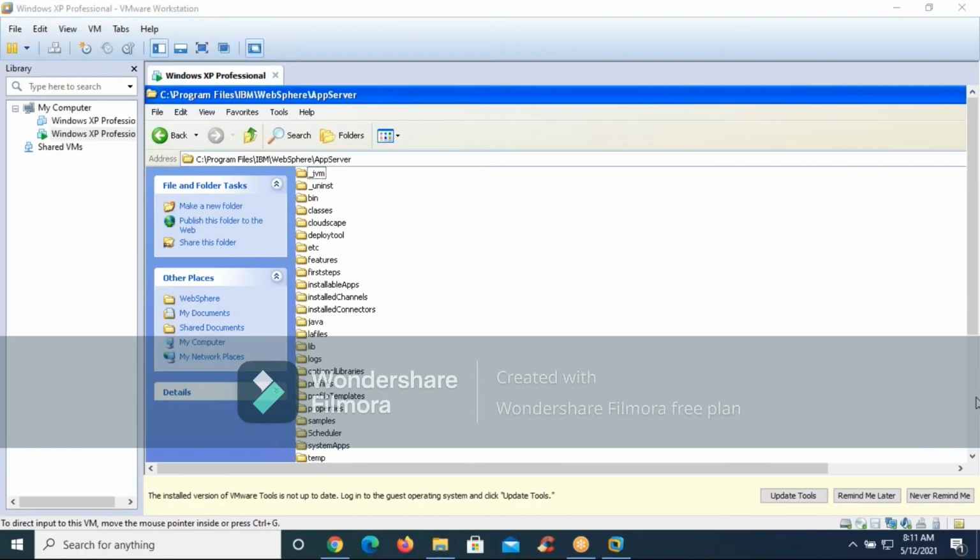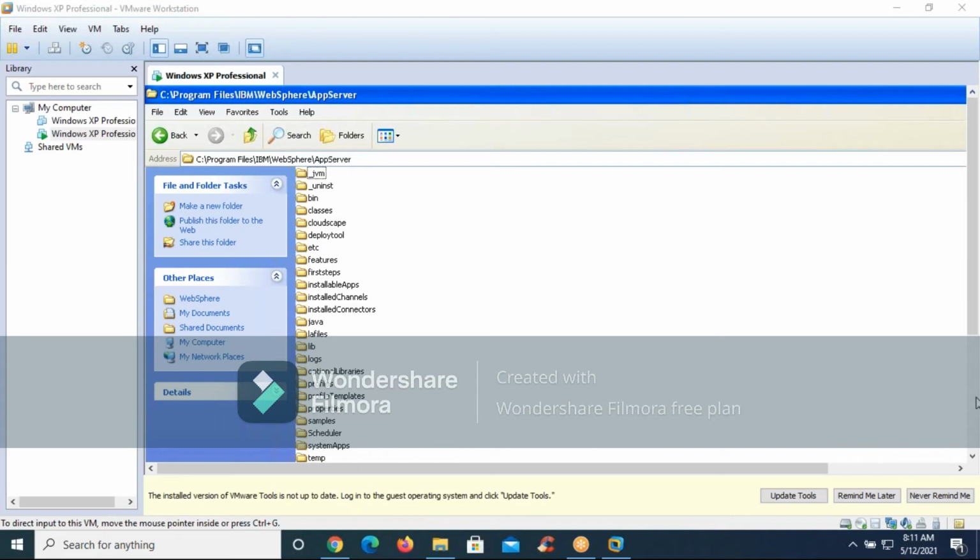And one more thing, Vaishnavi, you only asked me about the Liberty profile, right? Yes. So forget about the Liberty profile now, because we are talking about the profiles now. What we are seeing now is one type of profile, a standalone profile.